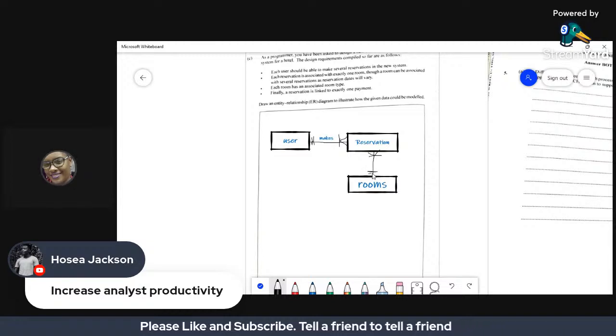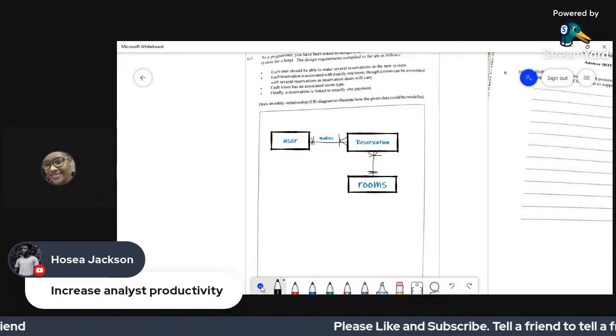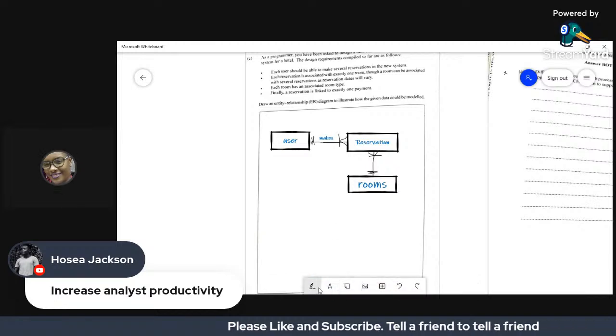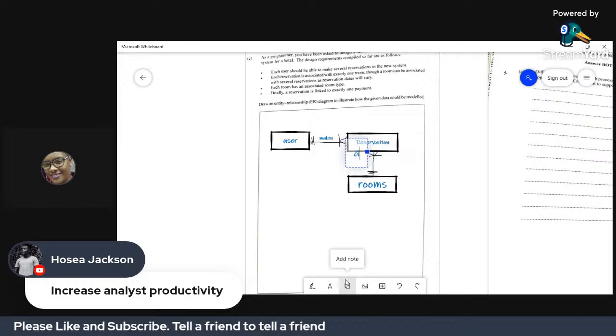So we can draw our one line or two lines, whichever. It is a one to many or a many to one relationship. What are they doing here? We're going to put "associated" because that is what is in the question.